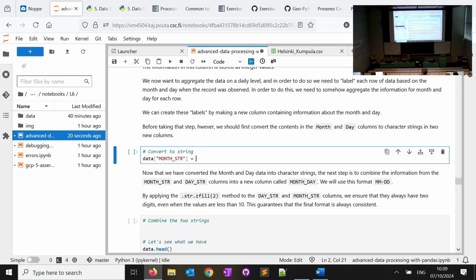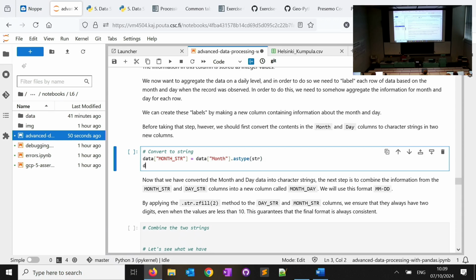For the value, I'm just going to use the value of the column I already have, which was Month. We saw this last week, but you can change the type of the data in a column using astype. You saw that it was an integer, so I'm going to convert it to a string.